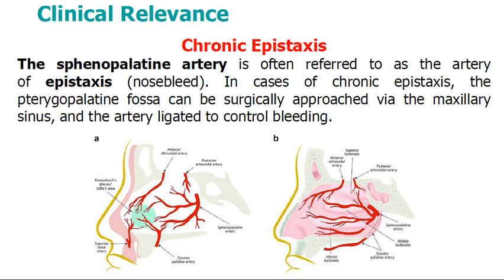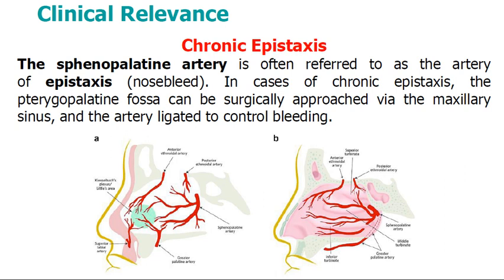And this area we call Little's area or Kesselbach area, where we have anastomosis of many terminal branches of many arteries like the ethmoidal arteries, anterior and posterior, and the sphenopalatine artery, and even the palatine arteries come nearby and cause anastomosing channels here. This will be a risk area for